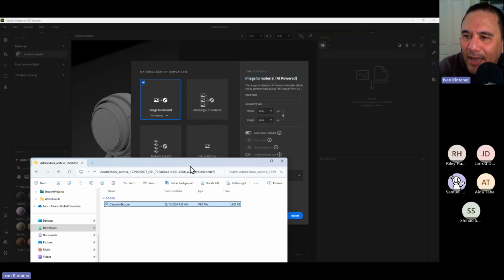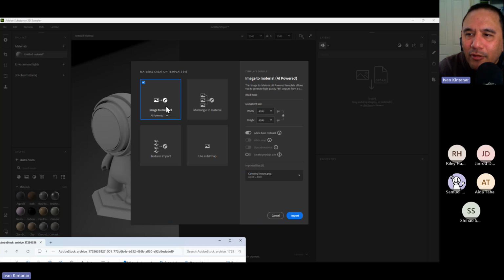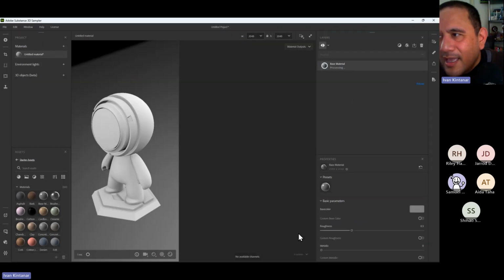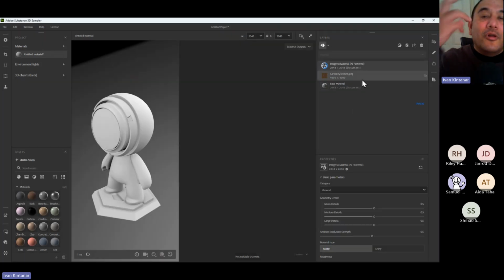And then it will ask me, do I want to convert that to a material? That's exactly what I want, right? I want to convert that to a material. So I'll just use that, and then I'll just hit import. That material will be a 2K material. And I'll just hit import. Okay. Now it will take some time, but basically it will convert that image into a material, meaning it will